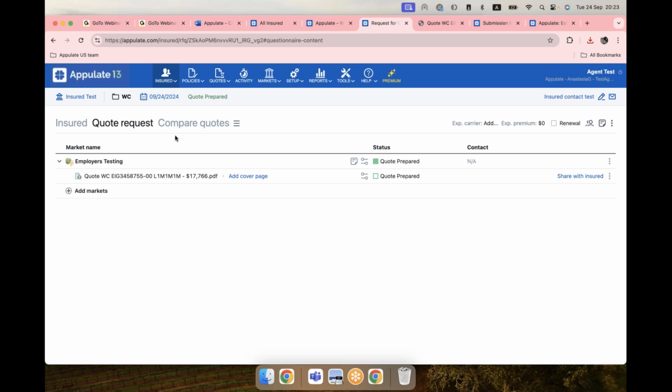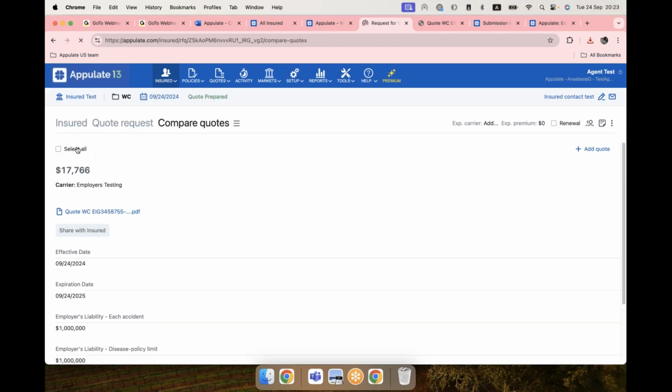We have the option that is called compare quotes. So once we go to this page, you can use the option select all. So far, I have only one, but let's imagine you have several of them. You can select all of the quotes that you have in this page, and share this information with your insured. And your insured will receive like a menu list with quotes that they can choose right